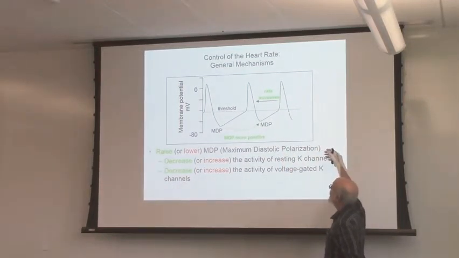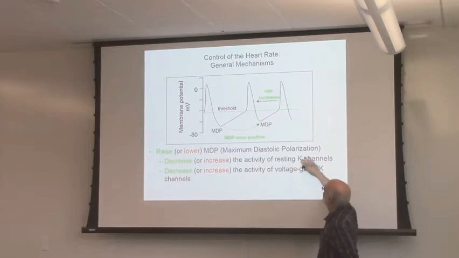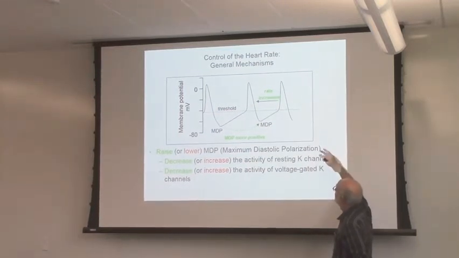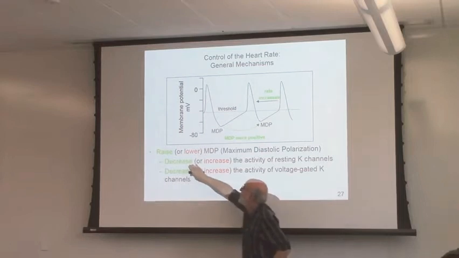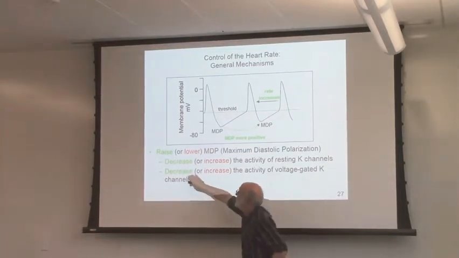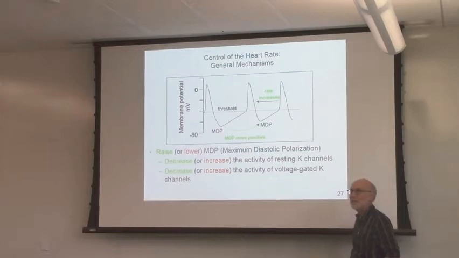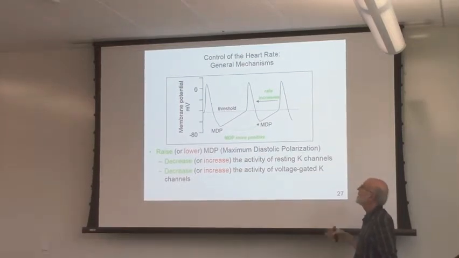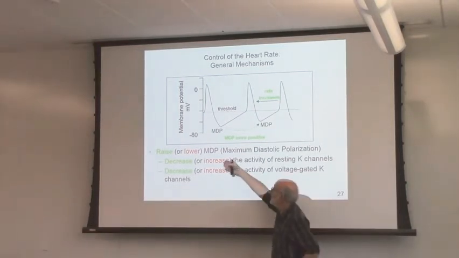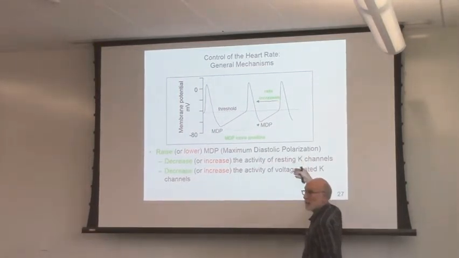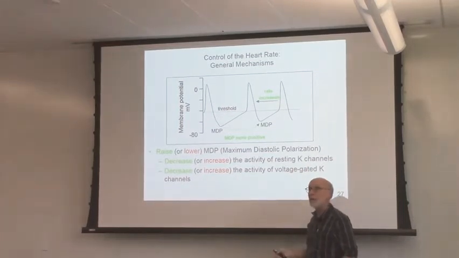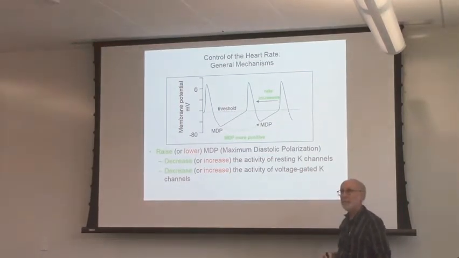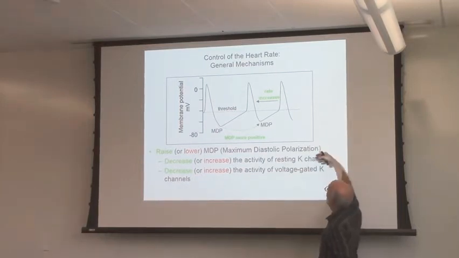How can we change the maximum polarization? Decreasing potassium channels would make the MDP less negative. Increasing the activity of potassium channels would make MDP more negative and would slow the heart rate. Is that clear? So we have now in this scenario mechanisms 2A and B